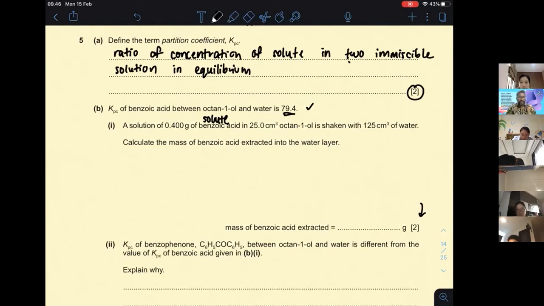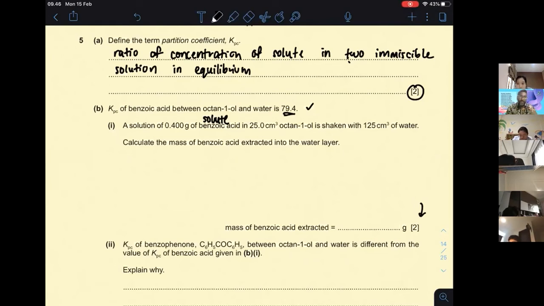So please take note, concentration can be measured using mass over volume or number of moles over volume, it is still the same. You do not need to change it into mole, then calculate, get the answer in mole, then change into gram. You do not need to do that. If you do that, it's going to be the same working, but you are going to do extra